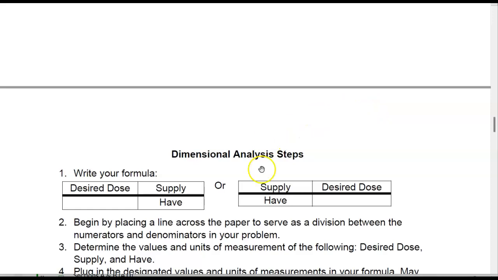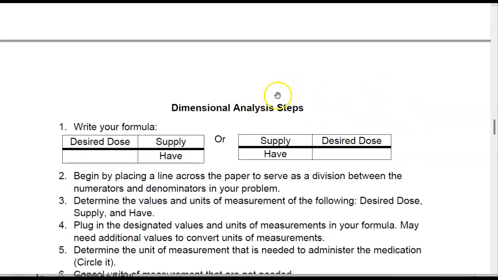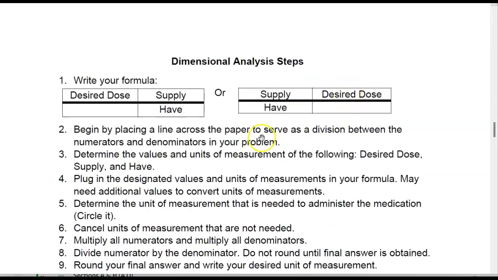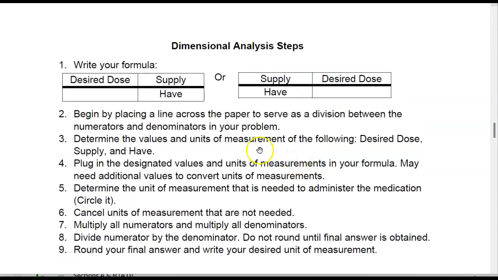So to summarize again, or to list the steps for dimensional analysis, you can use this as a guide, especially if you're having a hard time with it. I say follow this step by step and it should lead you to your answer. So number 1, you write your formula. Again, you can use either or. You can start with the desired dose times supply divided by the dose you have, or you can start with supply over what you have times